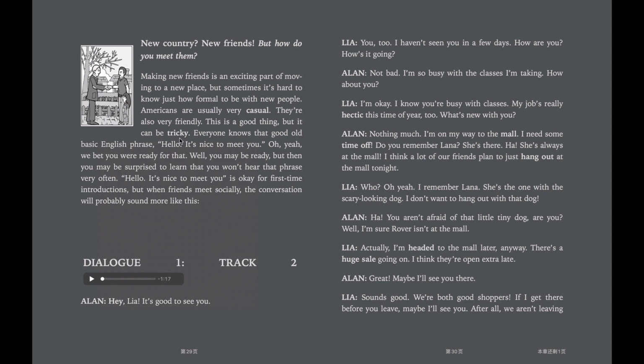Okay, it looks easy, but actually it is really difficult. Yeah, that is very true when you come to a new country and you're supposed to mix into the community, right? It's really hard to decide how formal or how casual you should be with the people around you. Everyone knows that good old basic English phrase, hello, it's nice to meet